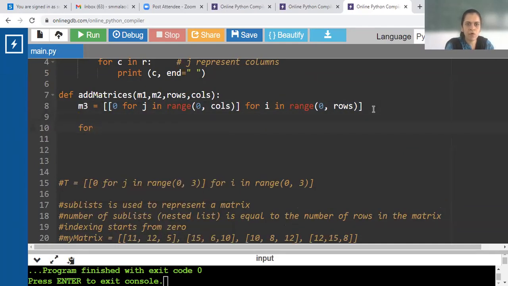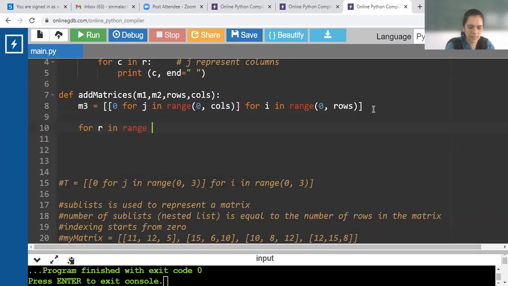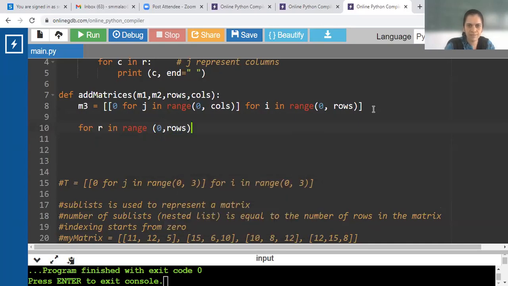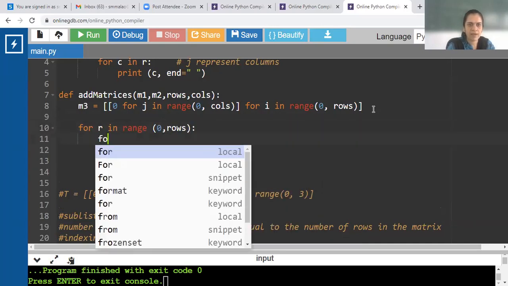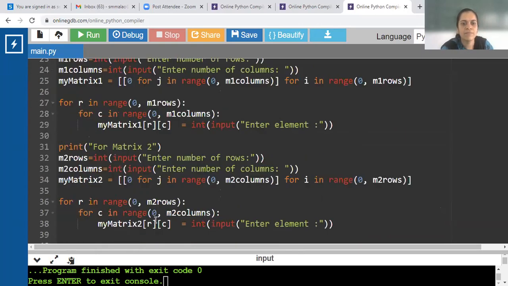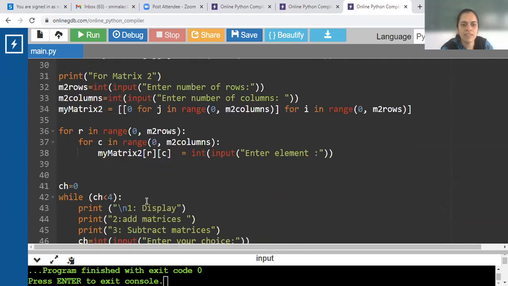Then for R in range 0 to number of rows, for C in range, we'll use the same loop which we are using for inserting.